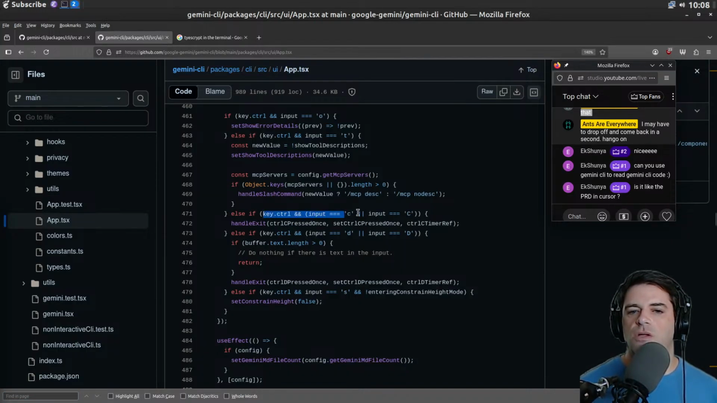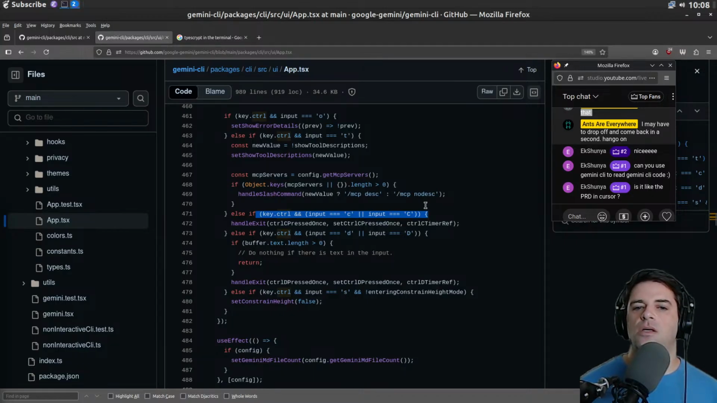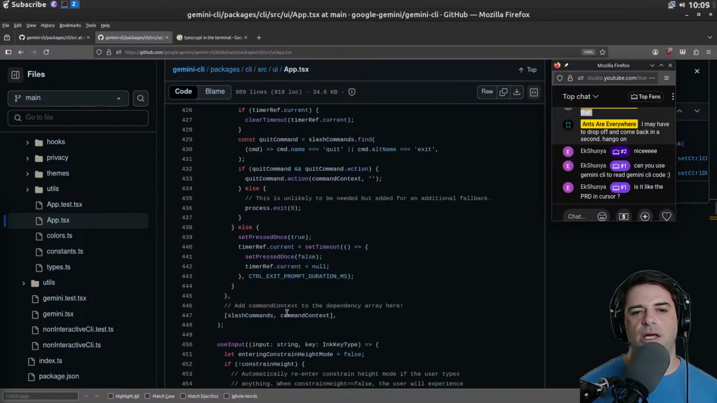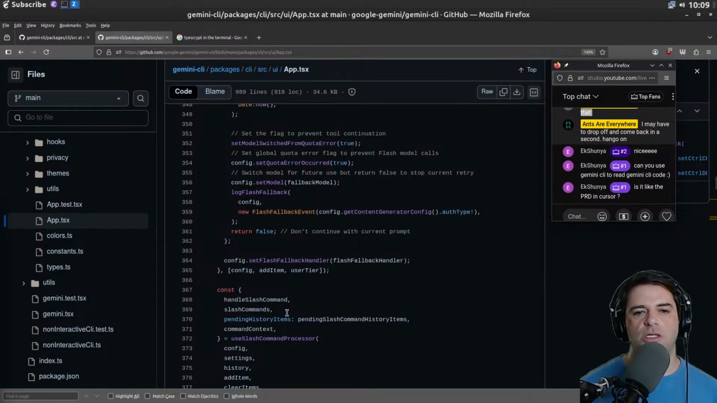if key Control and C. So this is saying if we have pressed Control C, we're going to call handle with Control C pressed once. Handle exit, that is. Presumably handle exit Control C press once will listen for another Control C